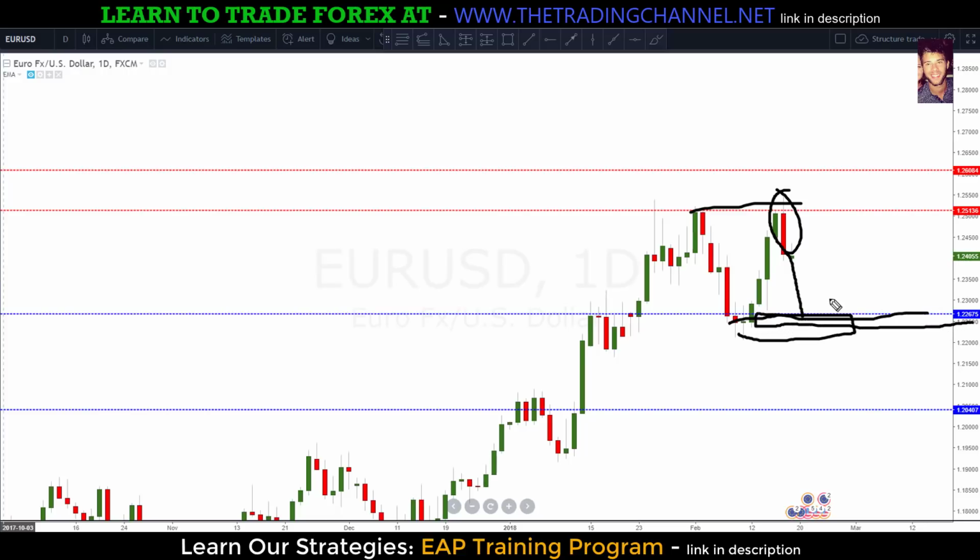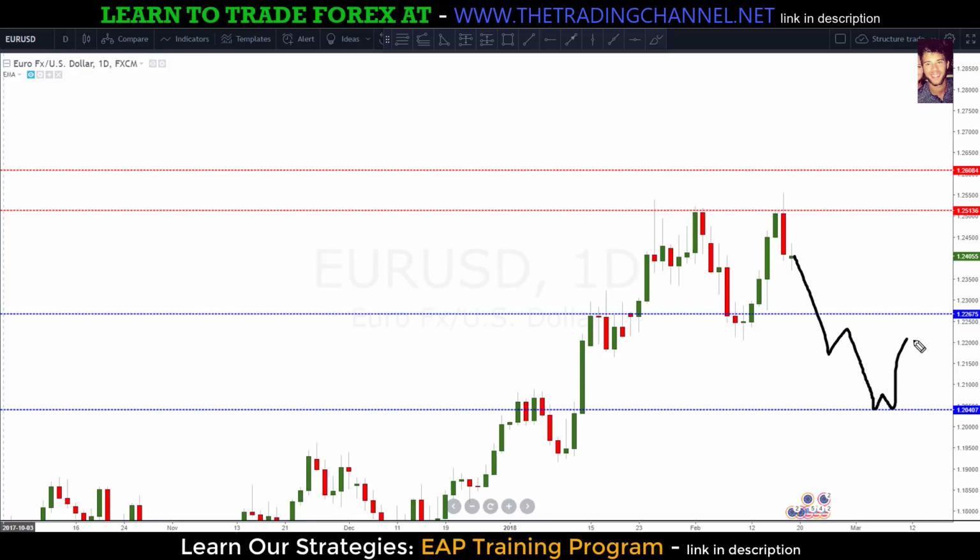And a little bit higher than that. That's our first area we'll be looking for support once more, expecting this to kind of be a period of consolidation here on the euro dollar. Below that, if the market continues to push down, then we'll look at 1.2040 for our next level of possible support. If we get this push and we do not find resistance at 1.2513 yet again, then the next level